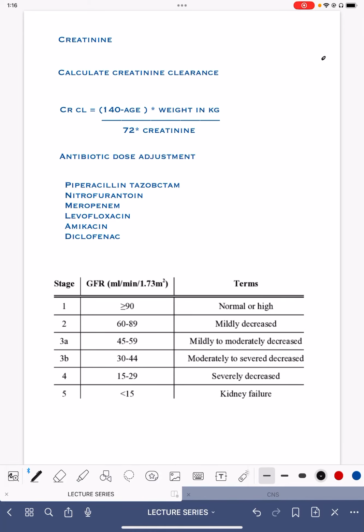So today we'll be discussing a very important topic, and that is all about serum creatinine. Now we very commonly see serum creatinine, this is the blood test which is very commonly done. Now what is the importance of the creatinine? Creatinine simply reflects kidney function. So one of the most important things we use this creatinine for is to